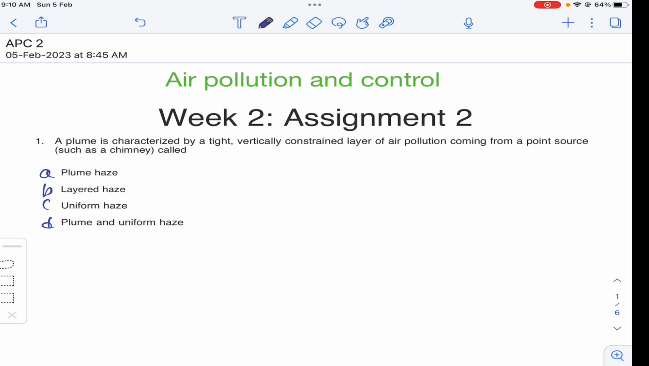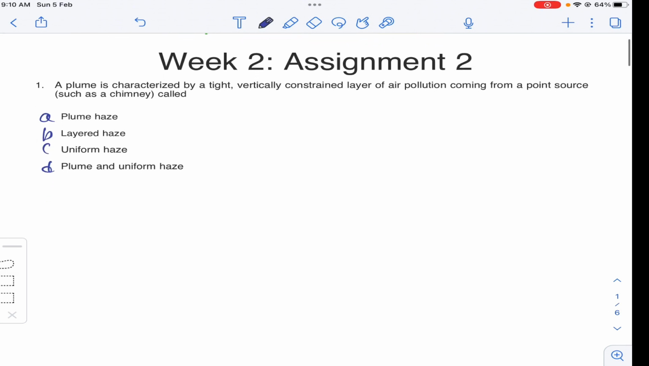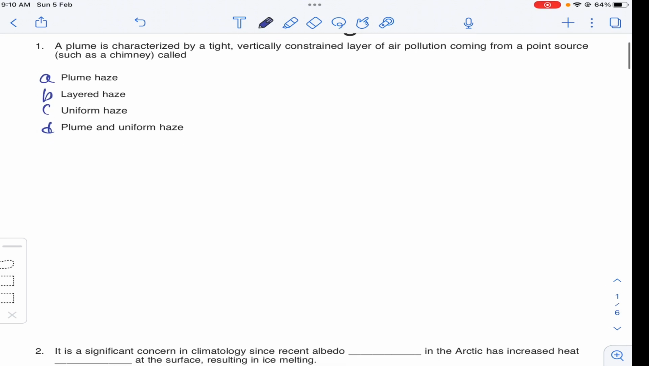In this lecture, I am going to teach the second assignment of air pollution and control. The first question is, a plume is characterized by a tight vertically constrained layer of air pollution coming from a point source is called. So, what is the meaning of